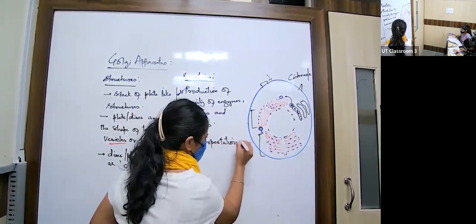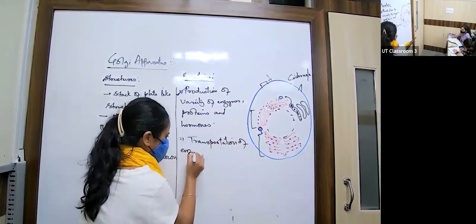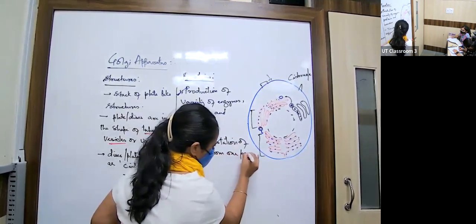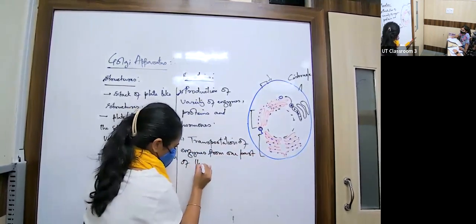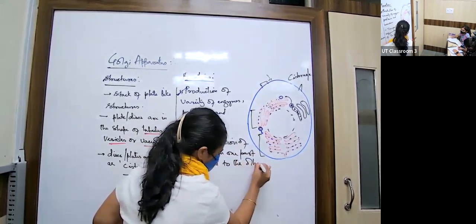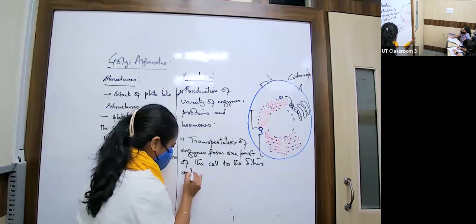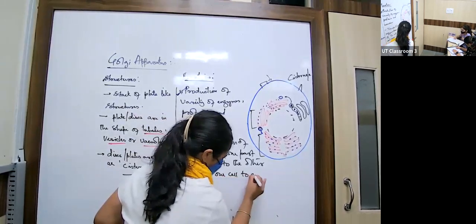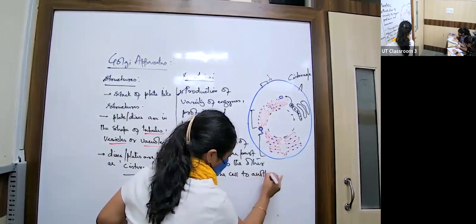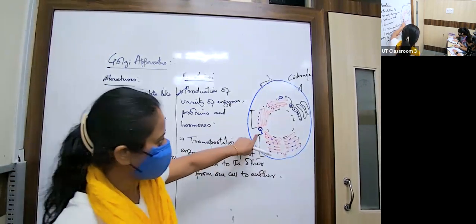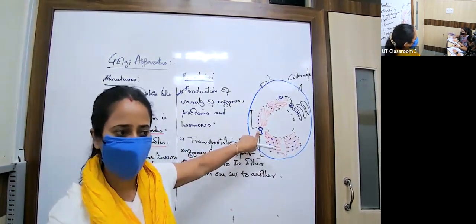Transportation of enzymes from one part of the cell to the other, and from one cell to another. आया समझ में? So एक तो है कि ये जो Golgi ने जो एंजाइम बनाया, that may get modified in